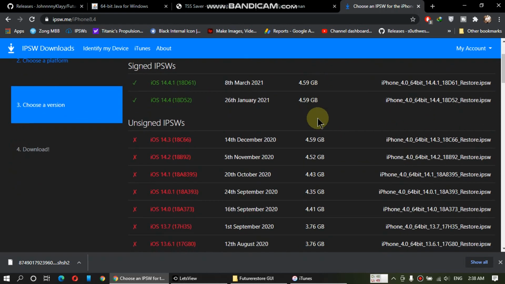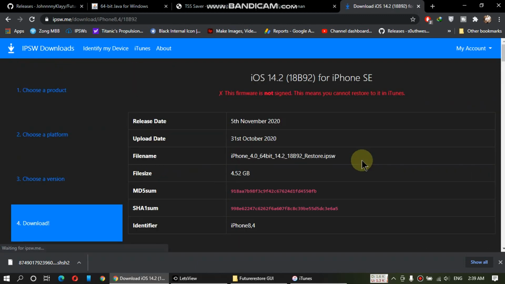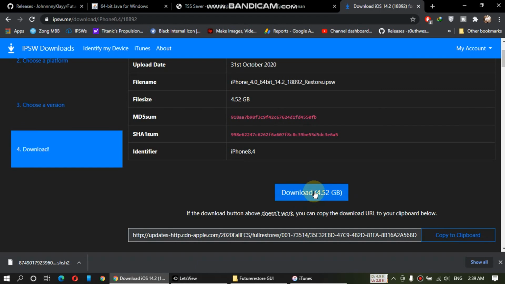Alright, so I want to downgrade to 14.2. I will pick it and download this file. I have already downloaded this file to my computer.